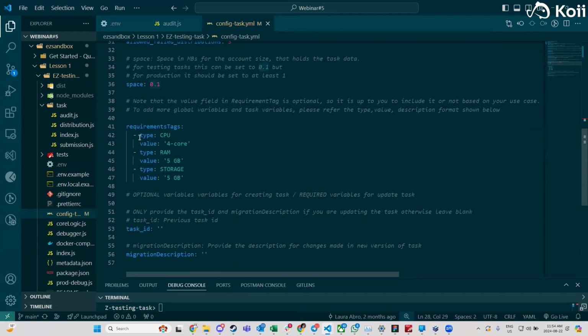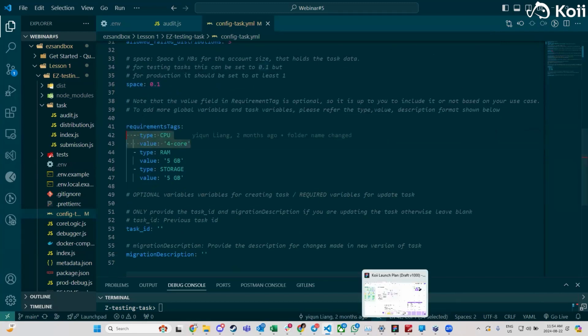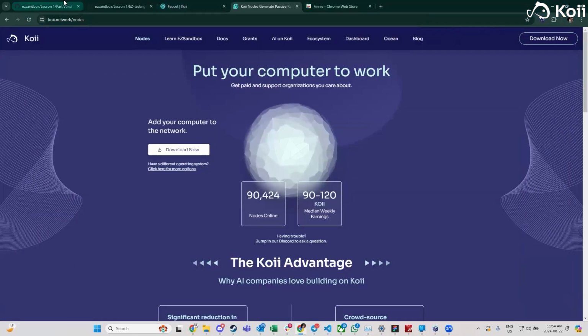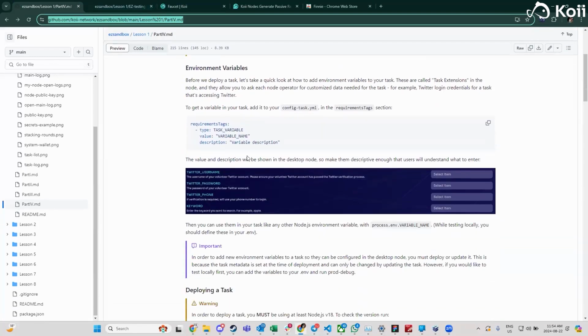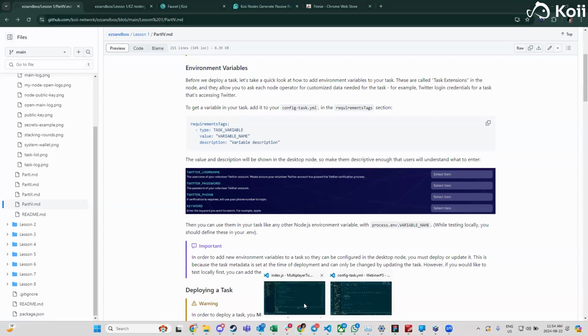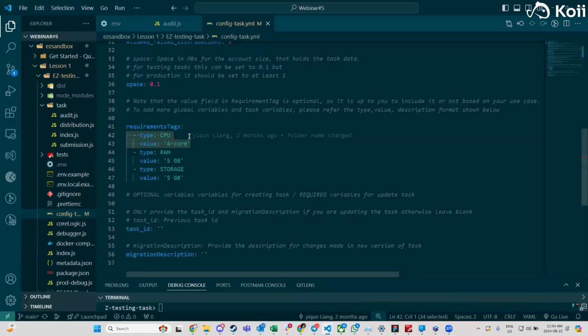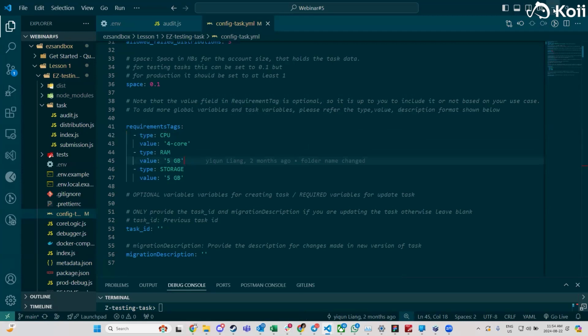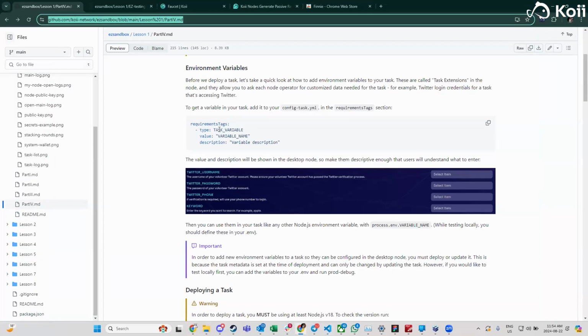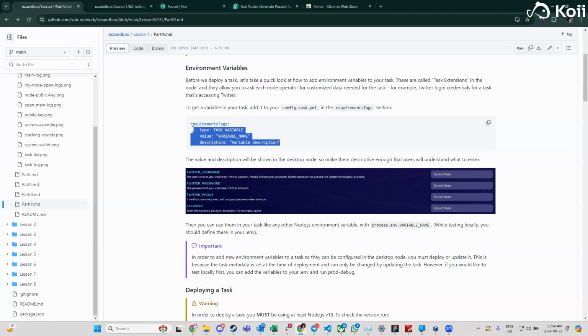And yeah, I know I talked about this a bit too far back, but remember if you wanted to get those fancy requirement tags, Twitter username, those extensions, as we call them in the desktop node, then boom, all you need to do is go right here and you can add them in. There's a special syntax. The syntax is task variable, variable name. So all you have to do is copy this,